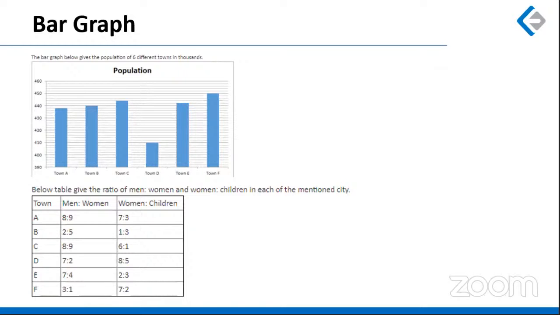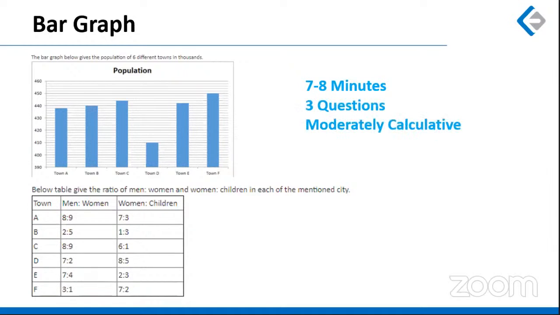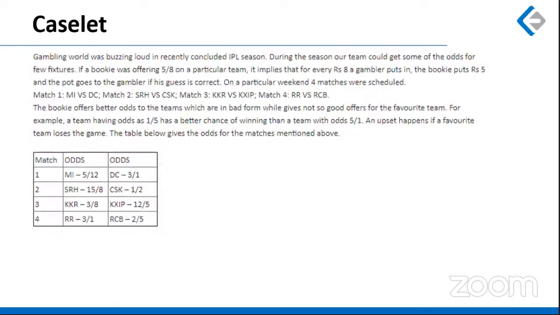And once you are able to understand this logic, there were 3 questions which can be solved taking 2 minutes each. One minute can be spent on understanding the data. So overall, around 7 to 8 minutes, you can solve all 3 questions, which were of easy to moderate level. Yes, some questions were moderately calculative as well, but overall it was a doable set, should be done.